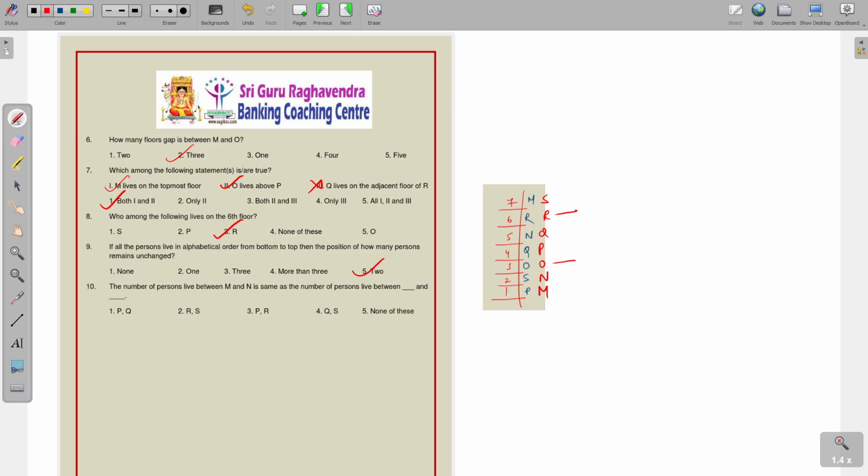Question number 10. The number of persons live between M and N. So, between M and N, 1 person is there. Same number of persons live between dash and dash. Between P and Q, 2 persons are there. R and S, 3 persons, and P and R, there are 4 persons, and Q and S, there is 1 person. Option 4 is the answer. Next,